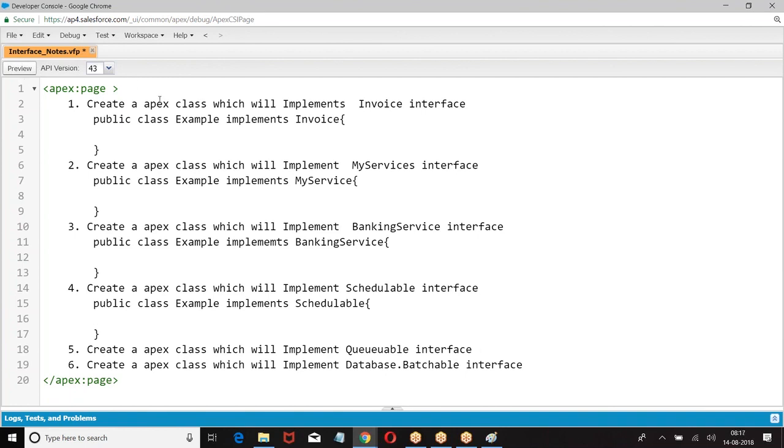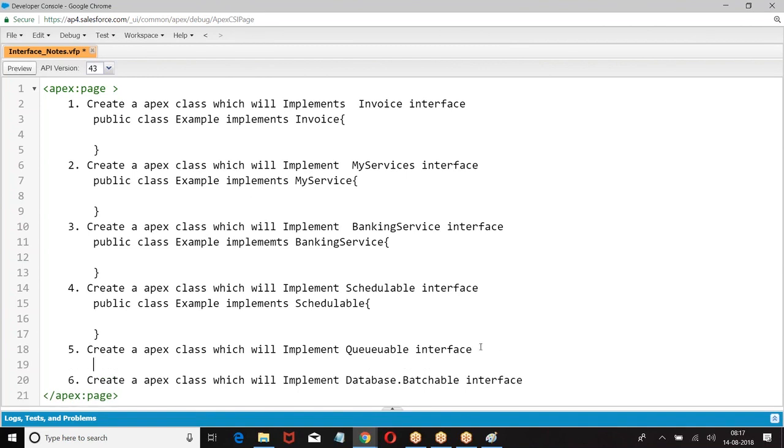Now I am saying create an Apex class which will implement the invoice interface. We are assuming that there is already an interface called invoice, and an interface called my service. I am using it. Right, boss? I hope you are clear. Am I clear with the point?